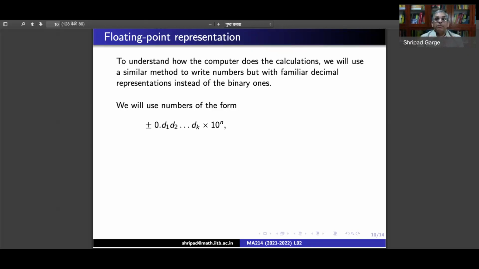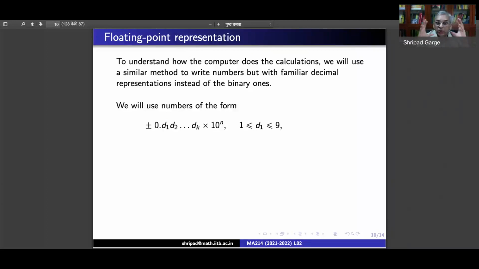We are going to use a very similar representation. Remember, we had a very similar representation for the computer digits, where you had a plus or minus sign, then 2 power some number, and then some possibilities of bits. So here, d1 has to be positive. So d1 is between 1 and 9. All the di are decimal digits, so they can be 0, 1, 2, 3, 4, 5, 6, 7, 8, 9. But we say that d1 has to be positive. d1 is not allowed to be 0. If d1 is 0, we would rather shift the numbers one place to the left and subtract 1 from the power of 10. That's how we will do it.